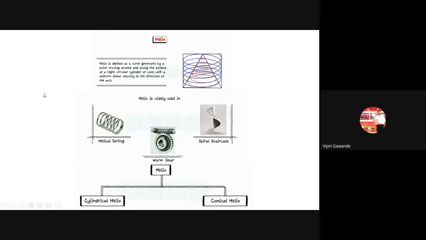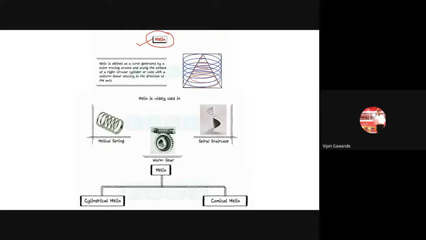In the last lecture, we discussed the construction of the cycloid and the involute. Two things we have discussed, so those constructions are already there. Now, in today's lecture, we will see the construction of the helix. Now helix, you know this one.